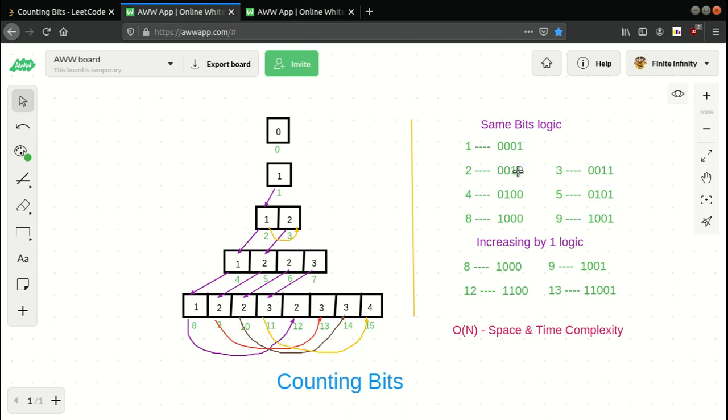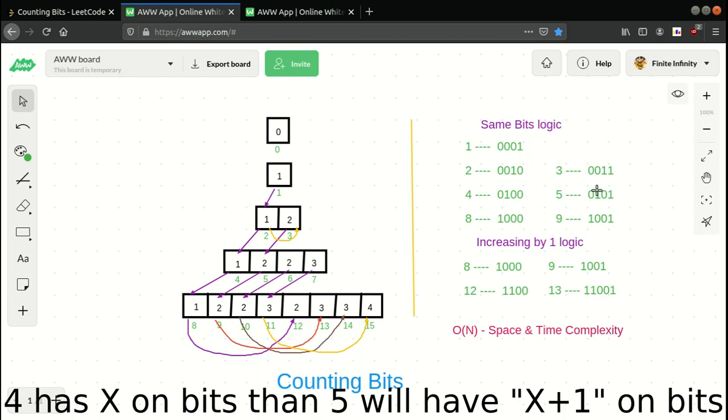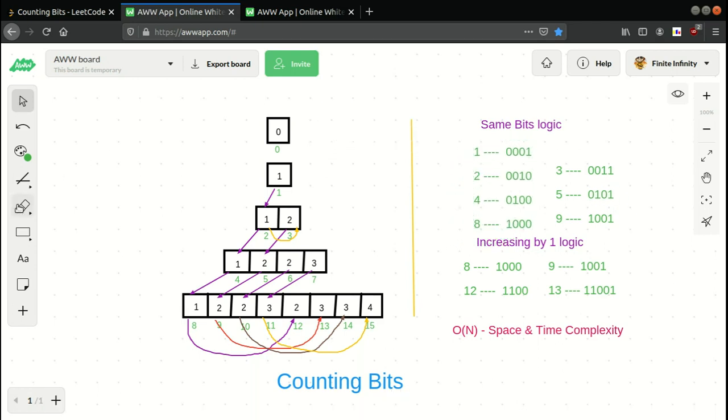And same as that, if we see 2 and 3, 3 is just 1 greater than 2, so one more bit will be on in this case, and same in 4 and 5. So if 4 had x on bits, 5 will have x plus 1 on bits, and if 2, 4 and 8 all have the same number of bits, then 3, 5 and 9 will also have the same number of ones in their binary representation, because 3 is 1 greater than 2, 5 is 1 greater than 4 and 9 is 1 greater than 8.